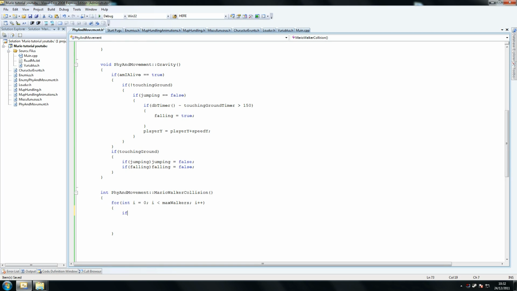So if dbSprite exists, all this says is constantly check the walkers, constantly check if the sprite is available, if it exists. If it doesn't, then don't pay attention to it. And it's constantly going through all the Goombas and other walkers to check if they're in collision with Mario. If they are, we'll do something about it. So we'll use this method check and then do some